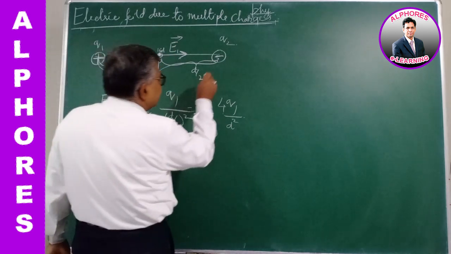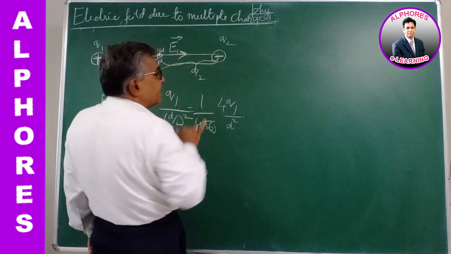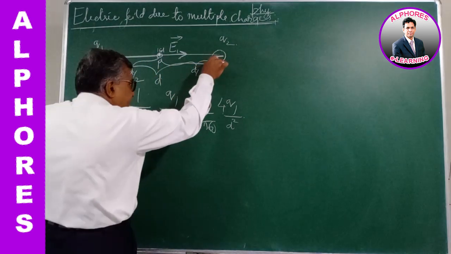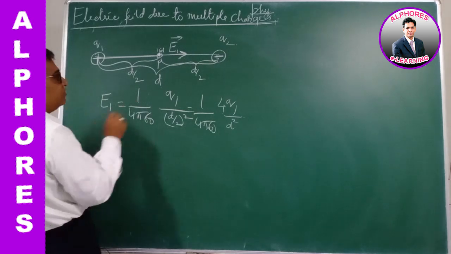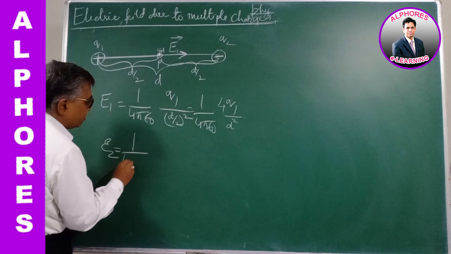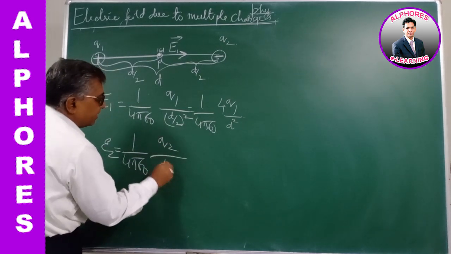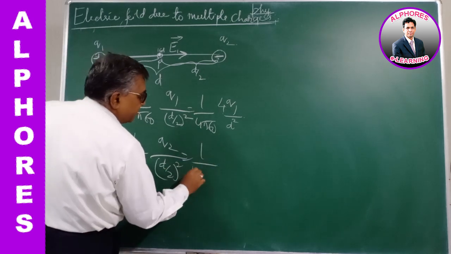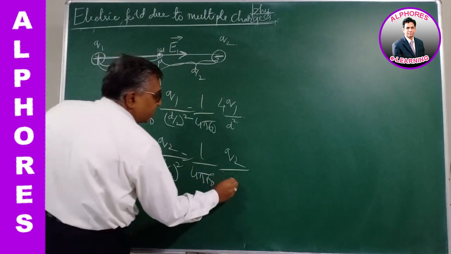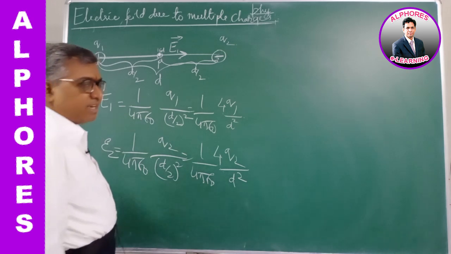Now forget that. Now come to the second charge, Q2. Considering this as an isolated point charge, let me find the electric field due to it. Field due to the second charge, E2. Charge magnitude is Q2, again the distance is d by 2. So the magnitude of the field is 1 by 4 pi epsilon naught Q2 by d by 2 whole square. Simplifying, 1 by 4 pi epsilon naught Q2 by d square by 4. These are the magnitudes of the electric fields.